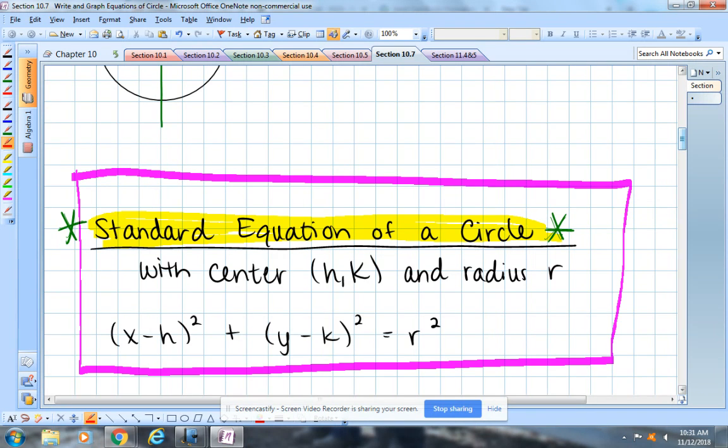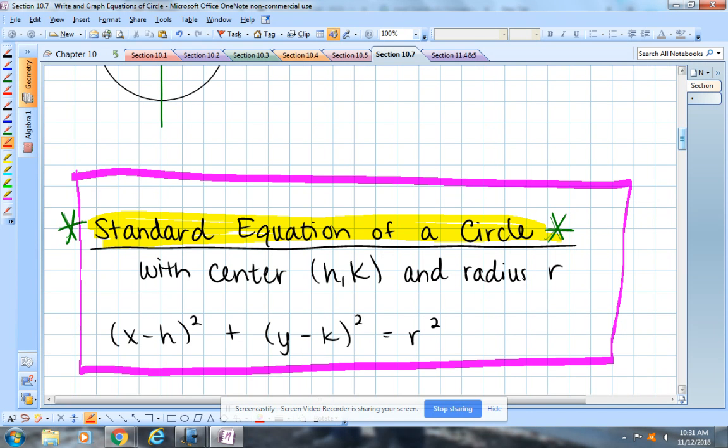Okay. So yes, we need to memorize this formula. We have a test on Wednesday, so we need to make sure we know this. (x − h)² + (y − k)² = r². Now, what do you think r is? The radius. And h and k are your coordinates, your x and your y coordinate for the center